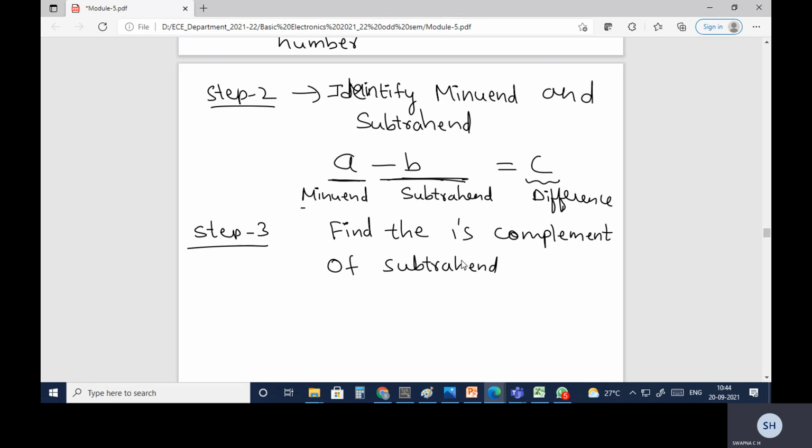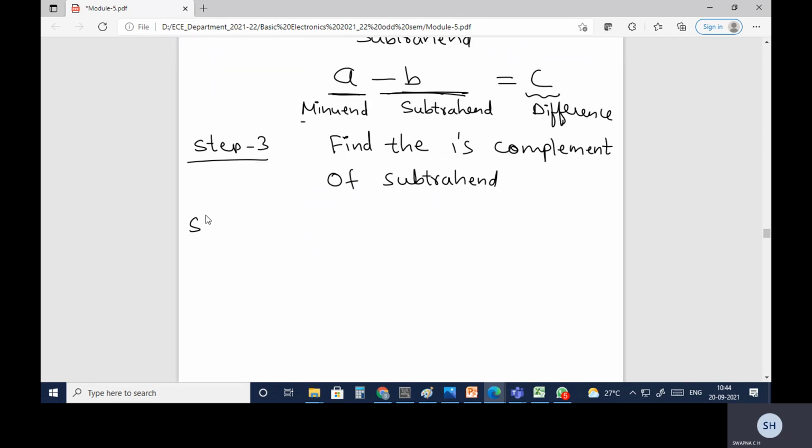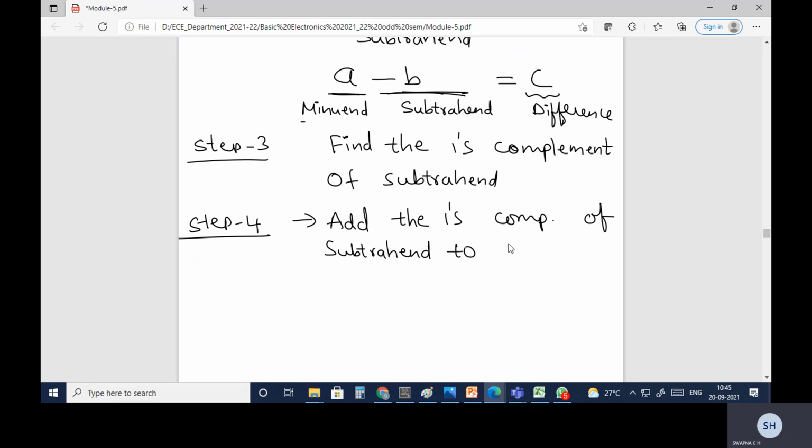Since it is the ones complement method, you need to find the ones complement of the subtrahend. Step 4: once you get the ones complement of the subtrahend, add the ones complement of the subtrahend to the minuend.